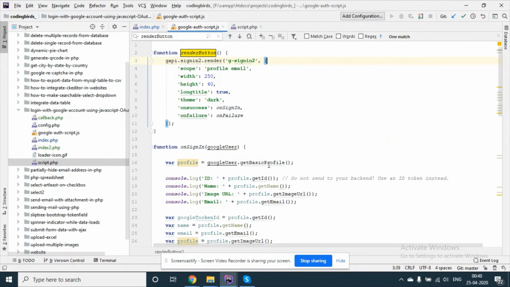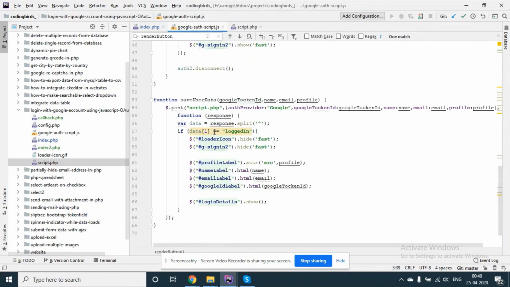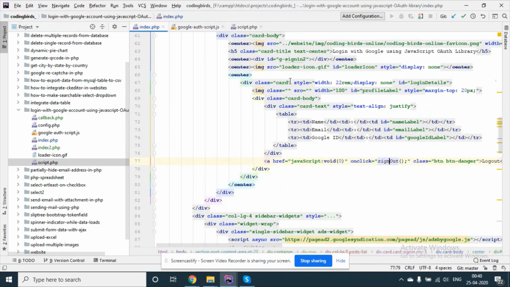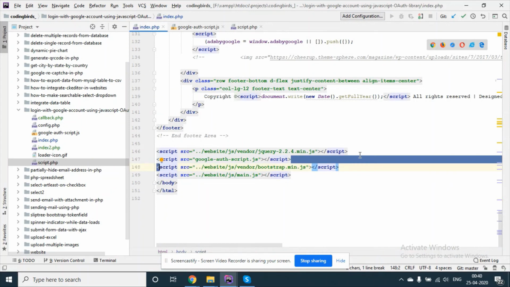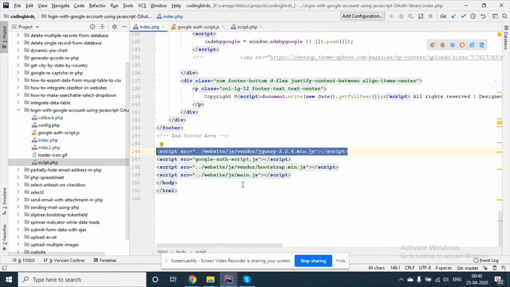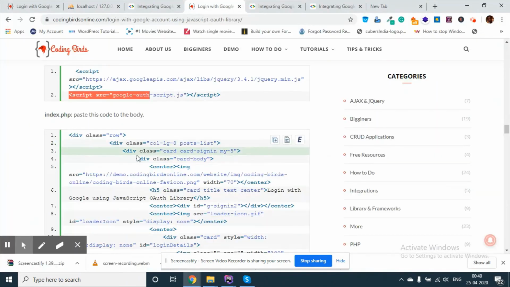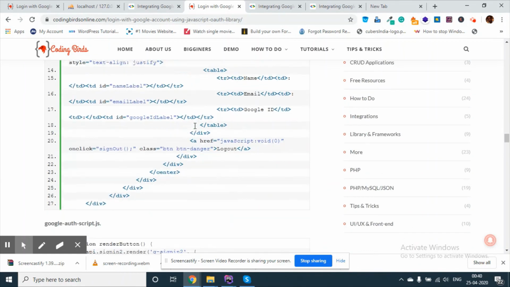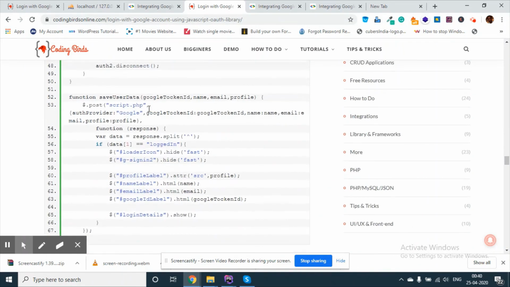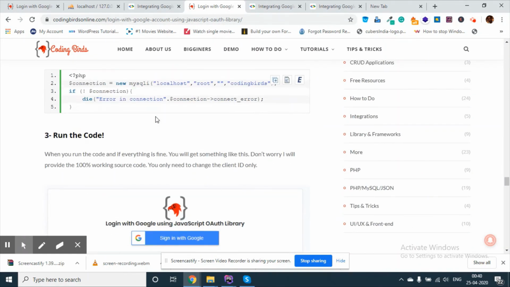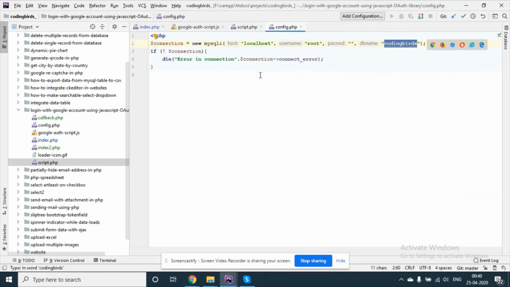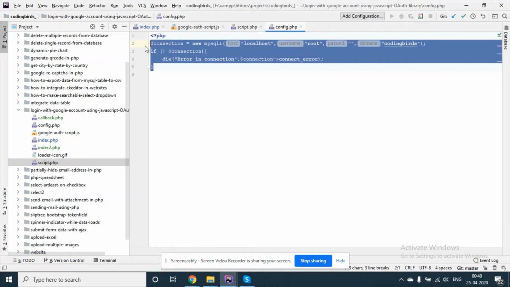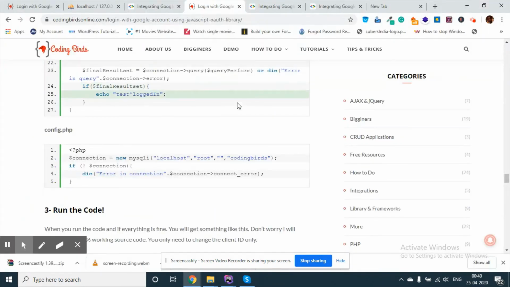Remember one thing, we are using jQuery here, meaning we are using jQuery functions. So make sure that before using this file you include jQuery also. It doesn't matter whether you include it via CDN or anything else, just include it so that it will work. See, this is the JavaScript file, this is the PHP script file, and one thing I left out, there is a connection file to the database. I know you already know how to create a database connection. This is just an easy task.